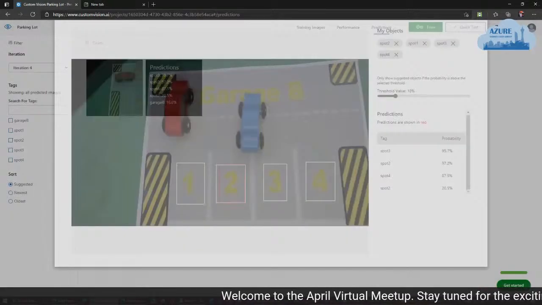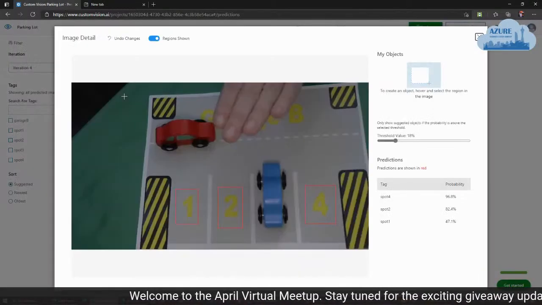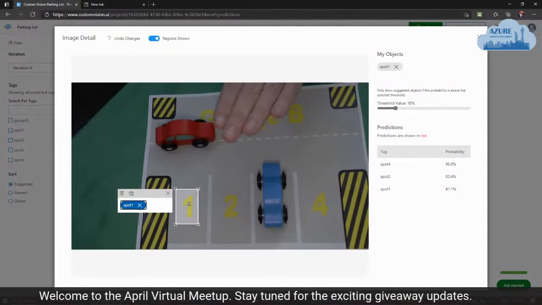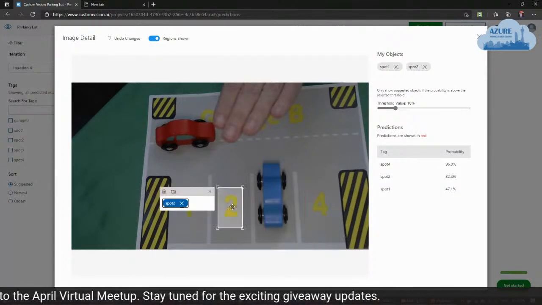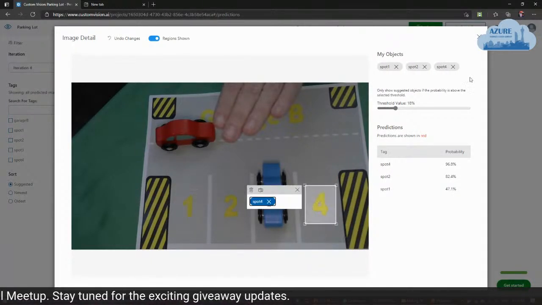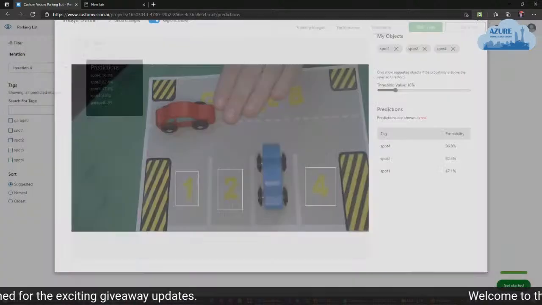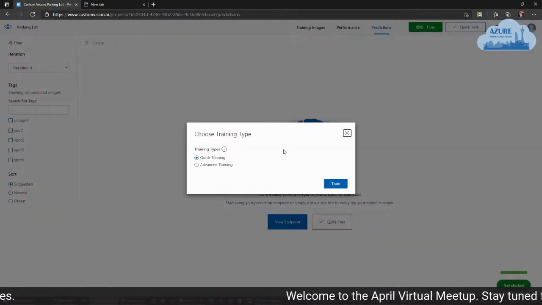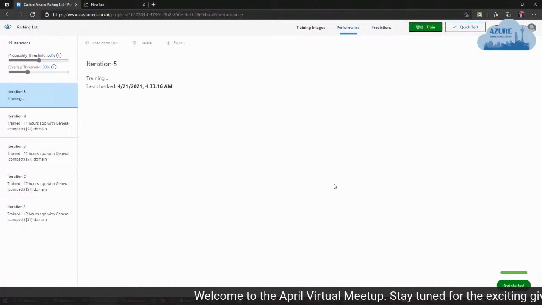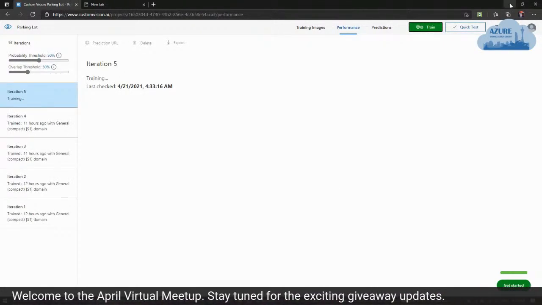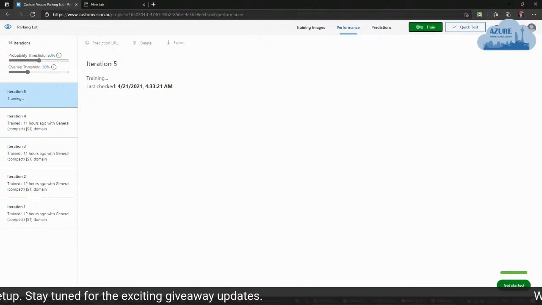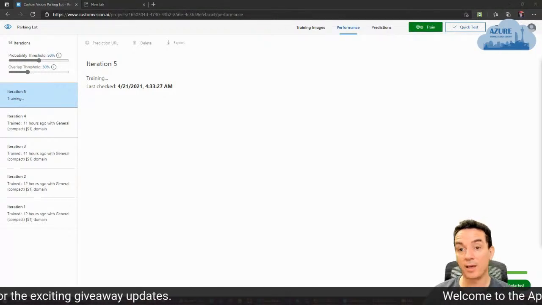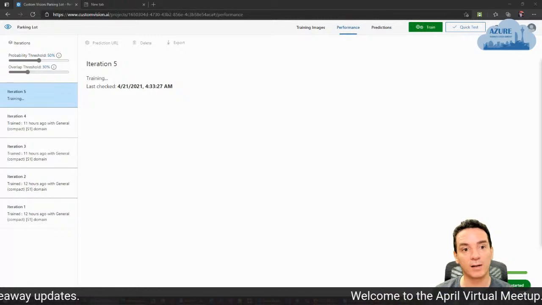I want this as it changes, confirm it, send with this one, spot 1, spot 2, spot 4, so that's fine. I have the 1, 2, 3, and I will have this, and I can train this again if we need. I will leave this training just to show you later how we have an iteration. And once I have this trained, what we can do is let's create a system to analyze this. Let's create a system so we can use this.